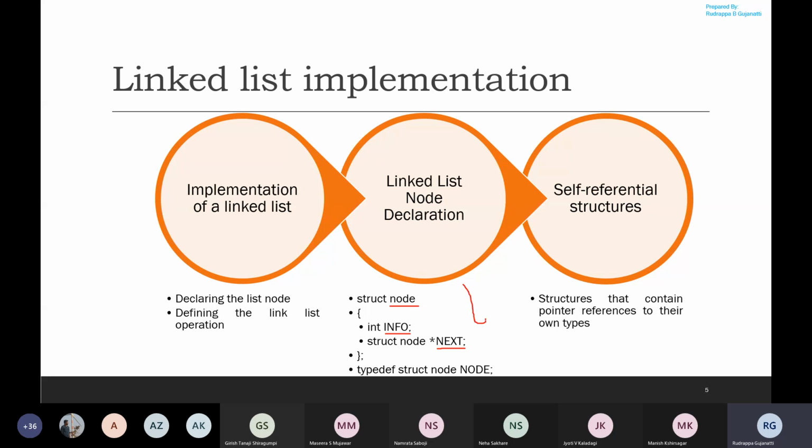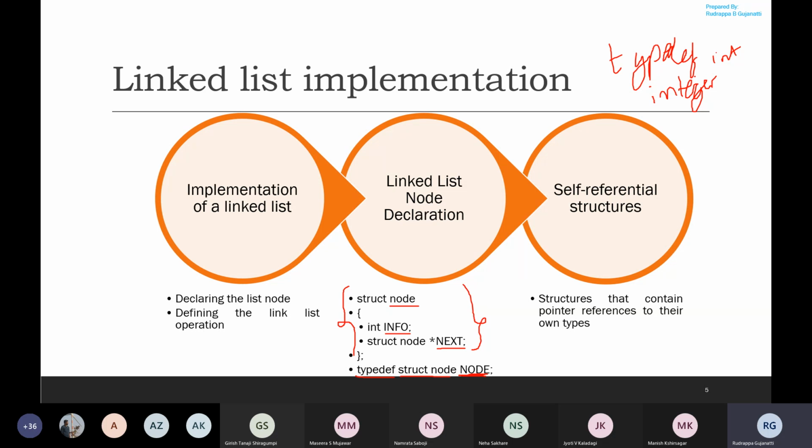Now what you specify is you have declared the structure variable. Now here what you are doing is defining a typedef struct node, and you are using capital letters Node over here. So this is nothing but, say, if I write typedef int and I write it as integer.